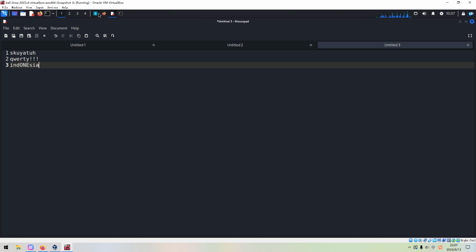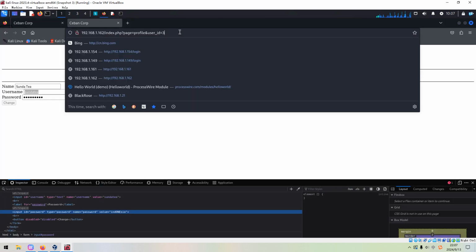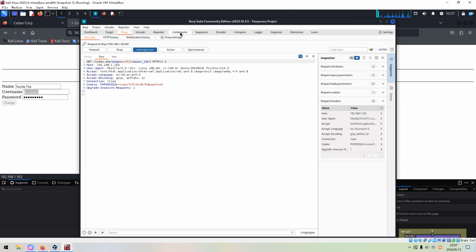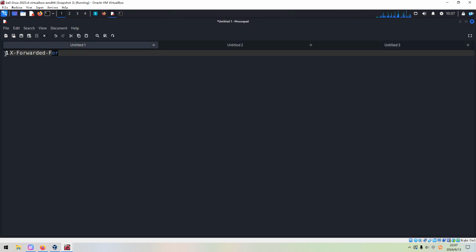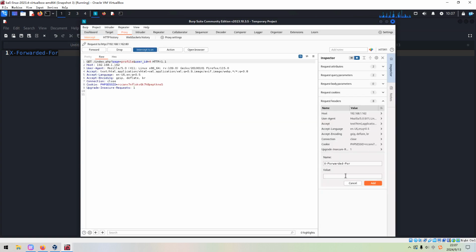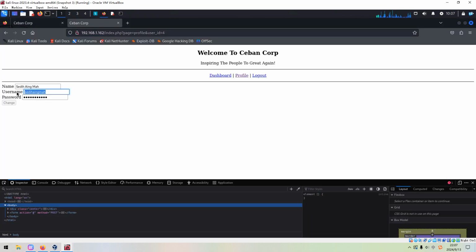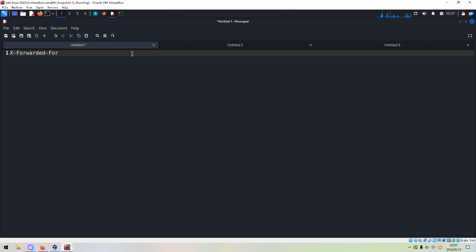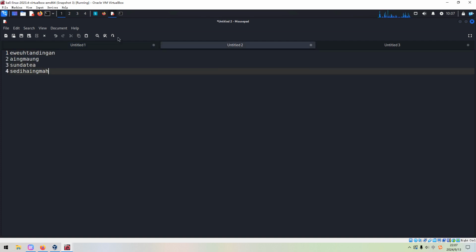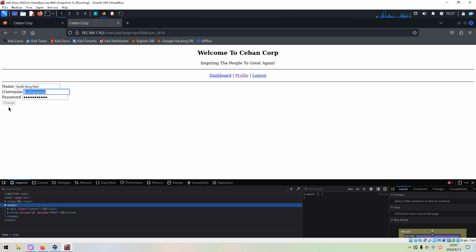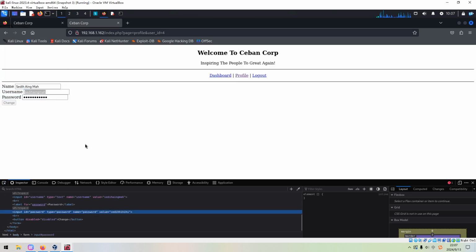Okay, so now we can change to 4. We copy this so we do not need to type it in, to save time. This should be the fourth username and its corresponding password.